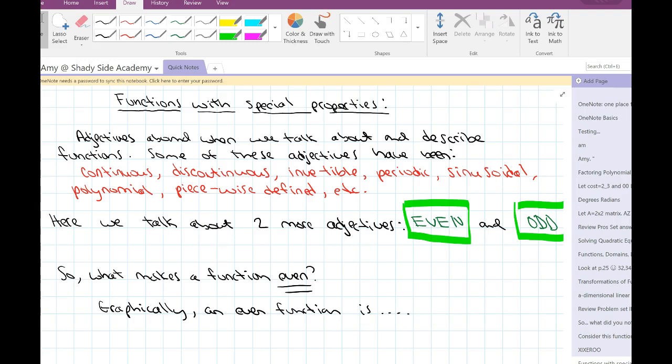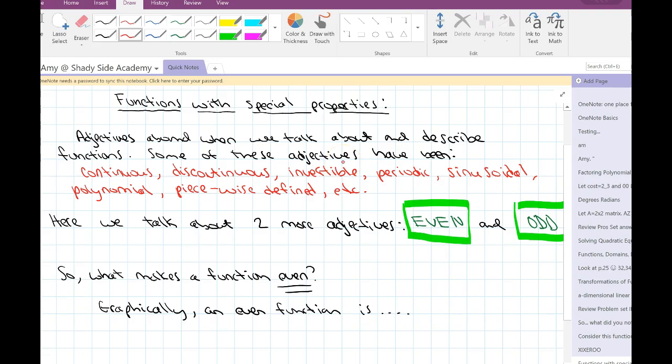properties. And as I was thinking about this screencast and how to plan it out, I first made note of the fact that there are so many adjectives that we have used to talk about functions and their characteristics. And some of these adjectives are here in red. We've talked about invertible functions. We've talked about periodic functions, continuous functions, discontinuous functions, polynomial functions. And what's interesting is,